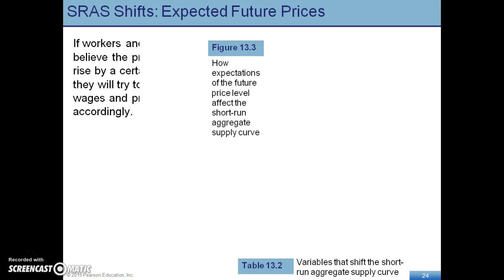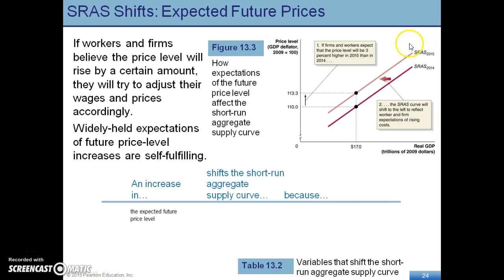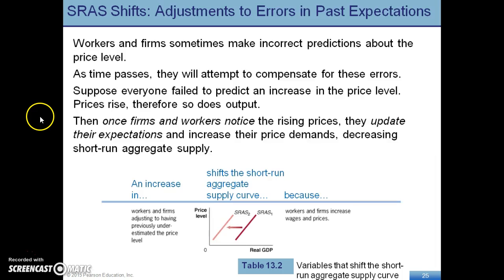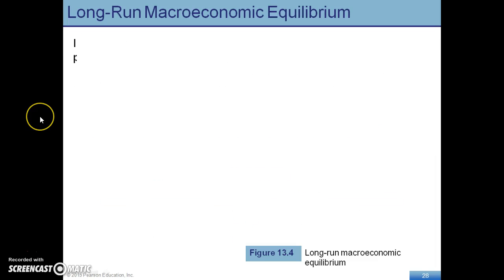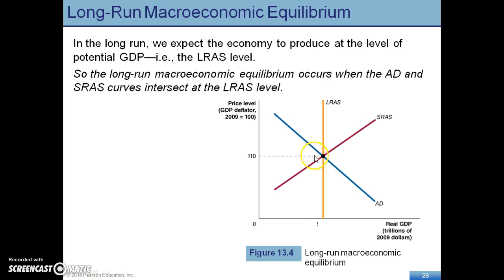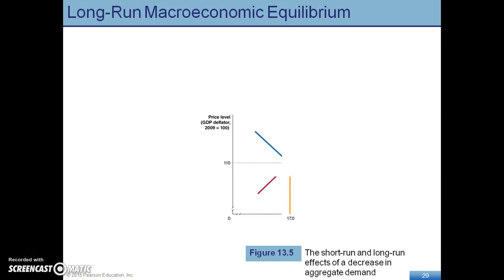Here's an example of the short-run aggregate supply. The short-run aggregate supply curve is just like the supply curve, but it's looking at our adjustment process. Let's look at where we're all in equilibrium right there. This is what we're focused on, when all three equal. So what happens is we have these short-run adjustments with the SRAS curve and aggregate demand curve. Now if I give you an example here,